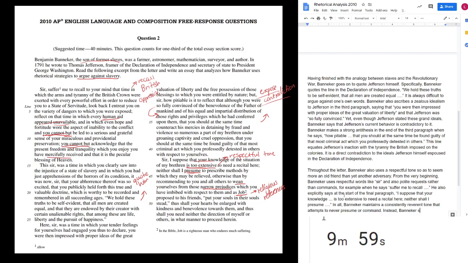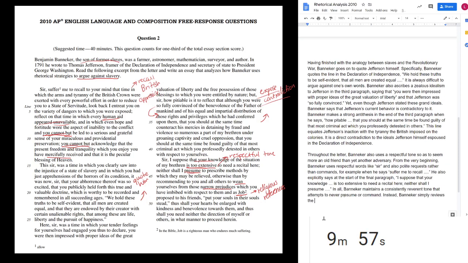Instead, Banneker simply reviews the history of past events in Jefferson's life, almost like a film reel. Begins every paragraph